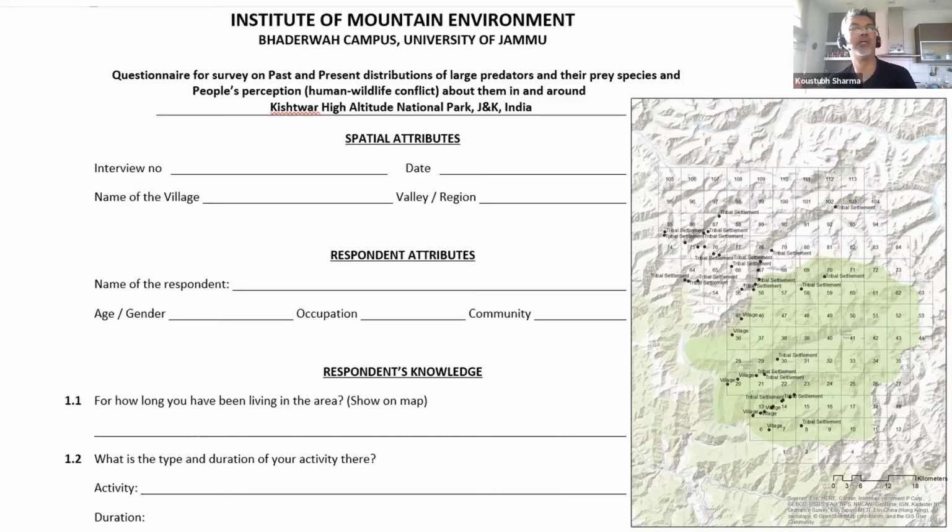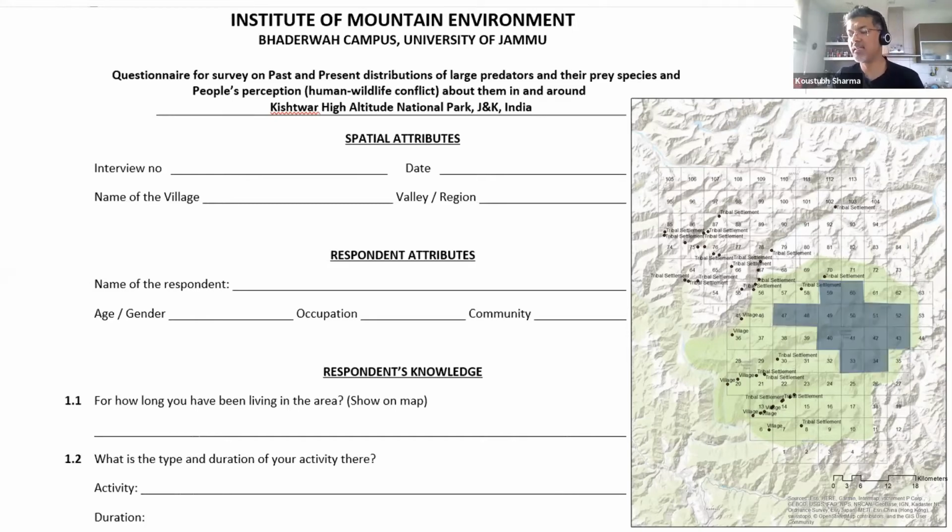Now, people who are herders are more likely to see a snow leopard than people who are, let's say, school teachers. School teachers might just be going to a school and coming back. They may not have much interest, but herders spend so much time out in the mountains. So, for the same area of coverage, just your profession might define how much more likely you could be to see or not see snow leopards. Similarly, there were other factors: age, gender, occupation, community, and how long you have been using this area, because that also defines your familiarity, your knowledgeability about the area as well.